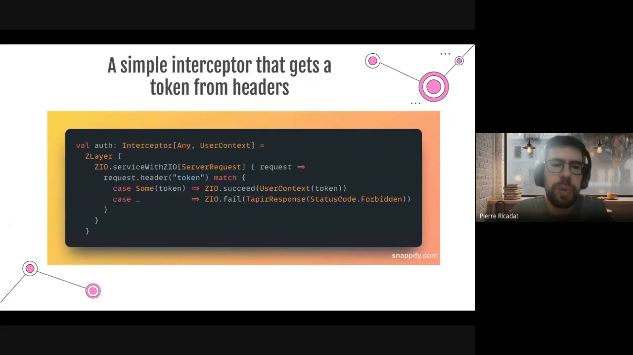Let's see how we would implement this interceptor. As I mentioned, it's a ZLayer. ZLayer is a ZIO type that is nice for combining dependencies together. Let's say you need an A to get a B, and then you need a B to get a C. ZLayer allows you to easily combine all of these dependencies. In this case, it's much simpler. We just create our ZLayer from a ZIO,